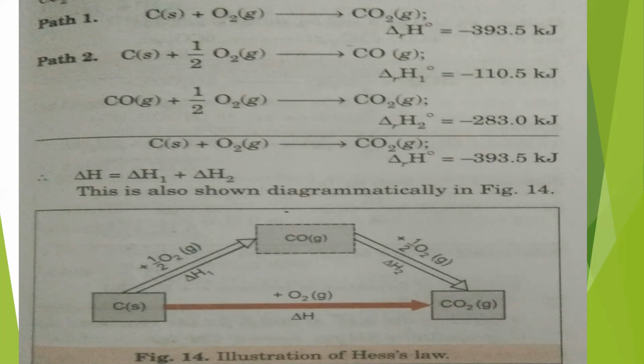Clear? So this diagram is actually the illustration of Hess's law. We have to reach from carbon to carbon dioxide. Whether we choose this path directly or we choose this other path, the change in enthalpy will remain the same. Clear? So this was the law. On the basis of